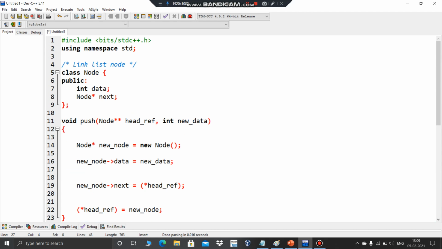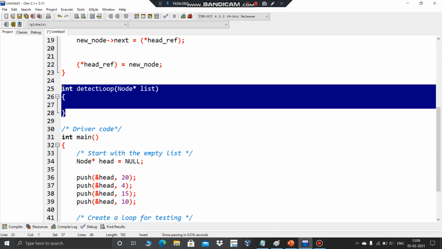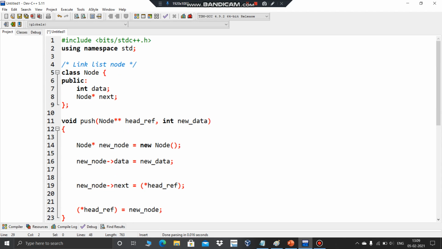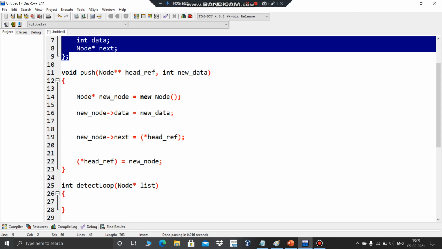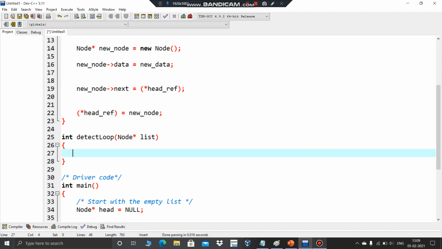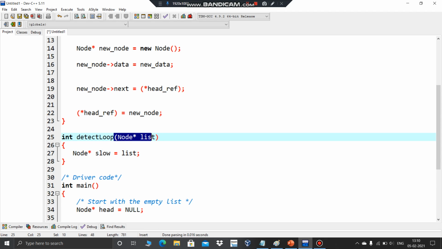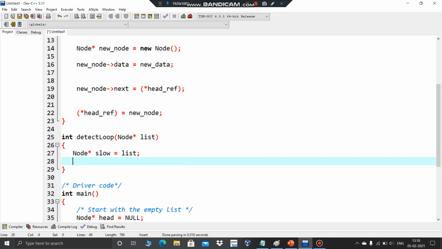So as I said, this is the code you have to write here. This is the basic implementation of a linked list. It will be having the data, and then recursively it will be pointing to its node itself. So I hope you know this. So let's code now. We will first have a slow pointer to the list head. I am given the node's list head. So I'll be having 2 pointers, slow and fast pointer. They will both be pointing to the head.